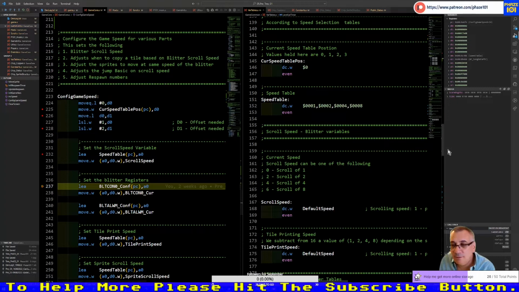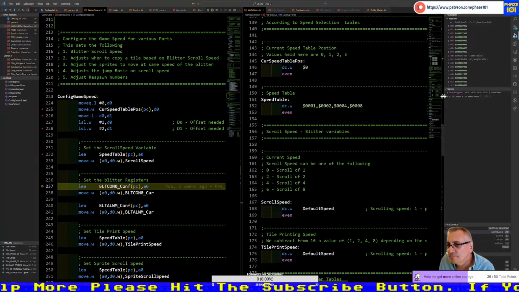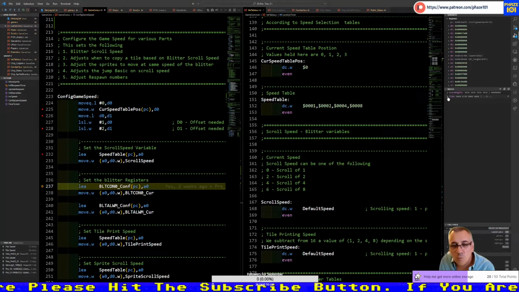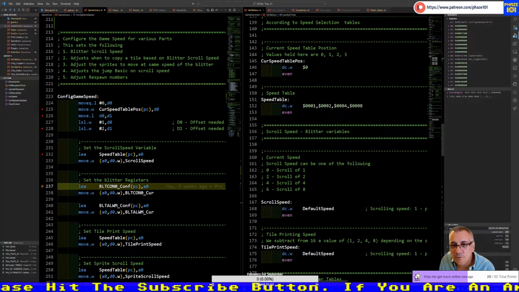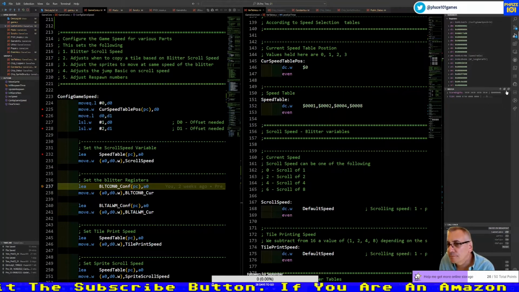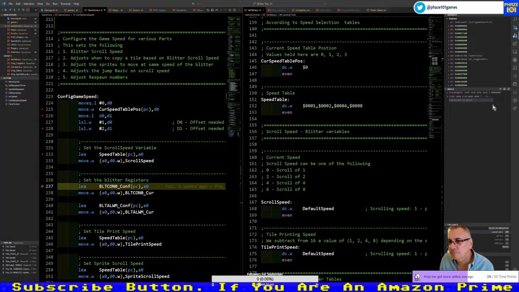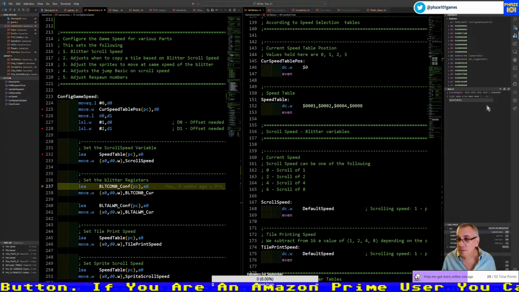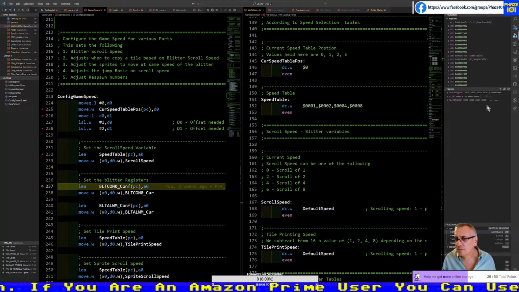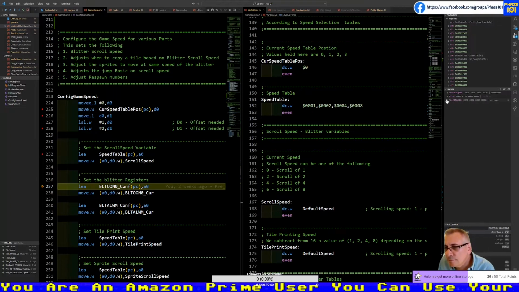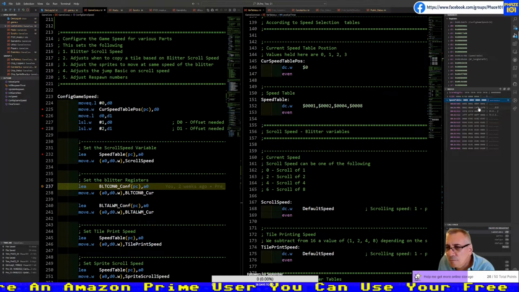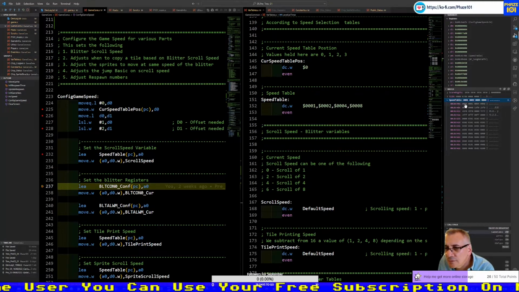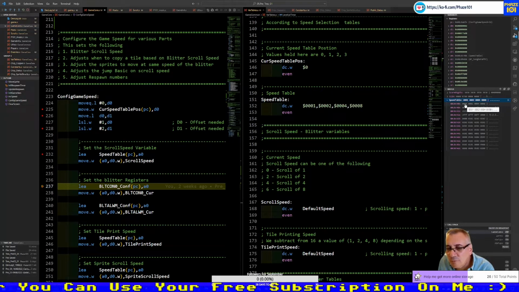About scroll speed. Okay, let's do speed table. So speed table is that, then this is scroll speed. And we have 1.